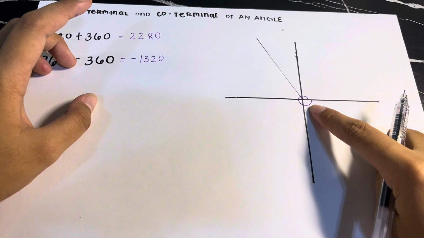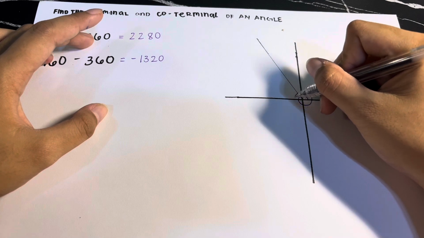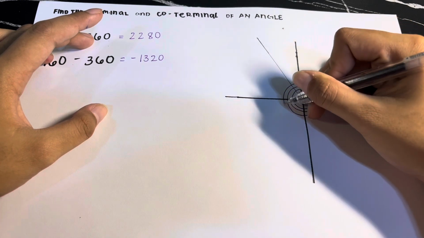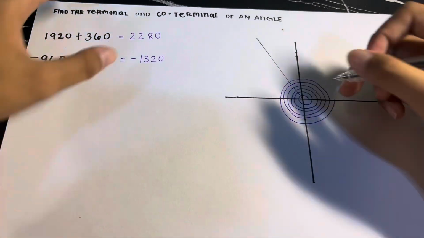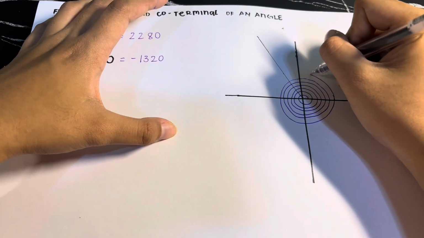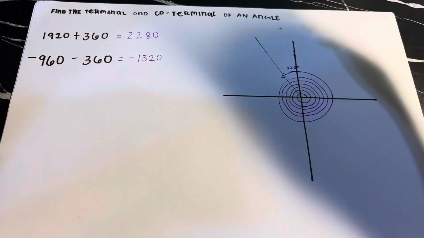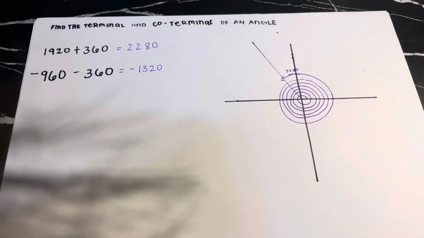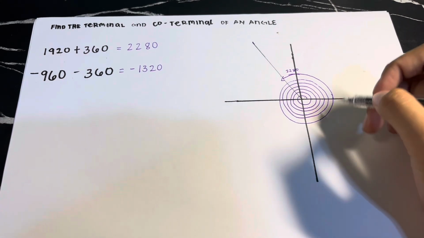This is equivalent to 360. We will add some 5 more. So, 6 na siya. So, isasakto lang natin siya dito. Kanina nakakuha tayo ng tatlong 360 sa negative 1,320. So, it's negative. So, the rotation will be clockwise.